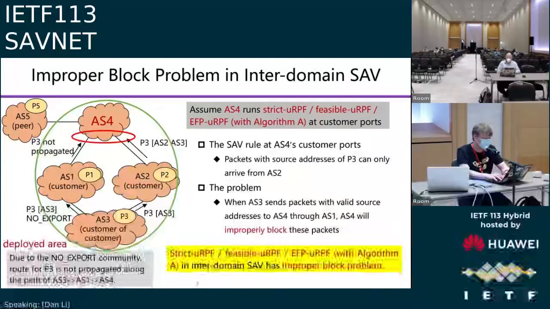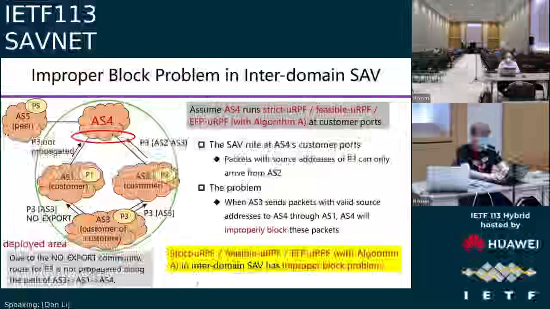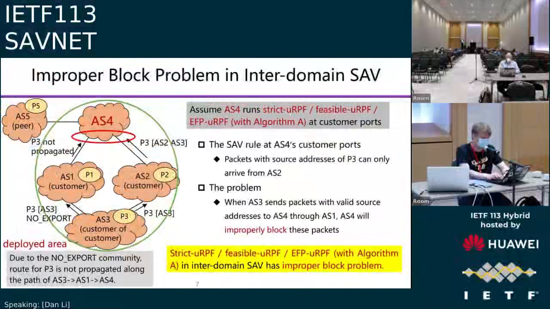Assume that S4 runs strict eRPF or feasible eRPF or EFP eRPF with algorithm A, and it's 2 customer ports. Now, the safe rule at S4 is that the packets with source addresses of P3 can only arrive from S2. But now, S3 may send packets with valid source addresses to S4 through S1. For these packets, S4 will improperly block them. So it means that in intra-domain sieve, strict eRPF, feasible eRPF, or EFP eRPF with algorithm A will lead to